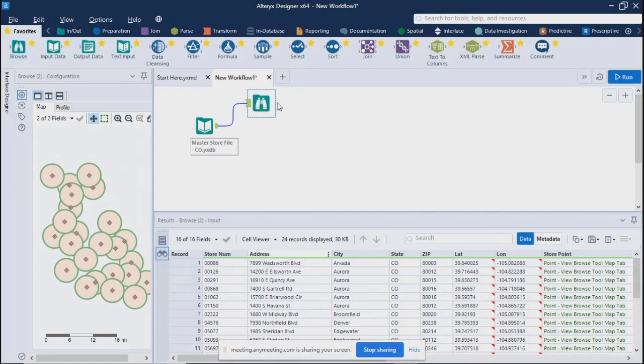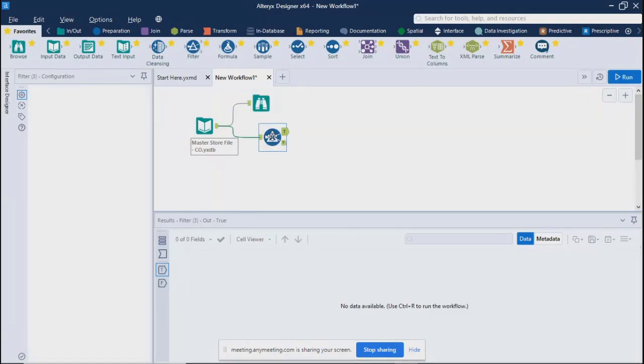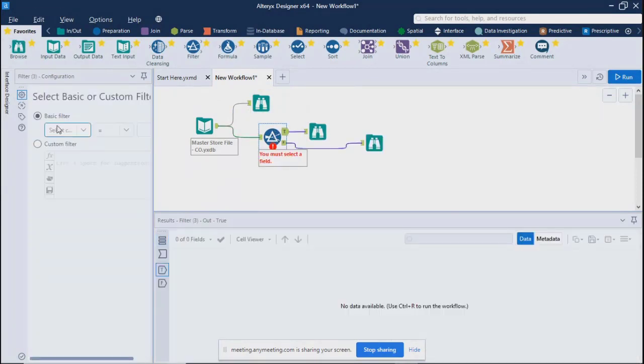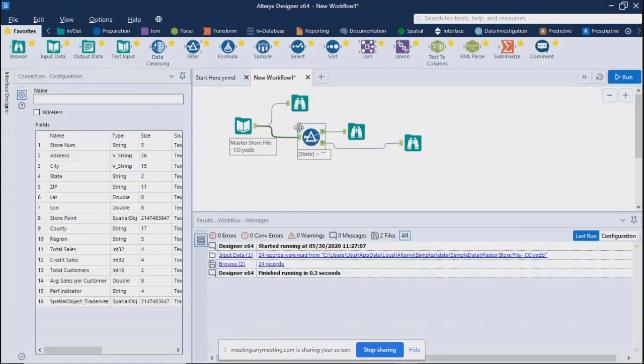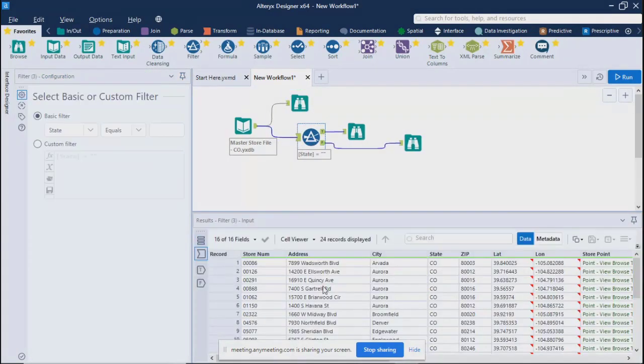This is used to see your results only. Then filter is for your downstream. Over here you can specify your condition, like I want to see the state equal to, let's say the state field is CO. Okay, it's only CO.